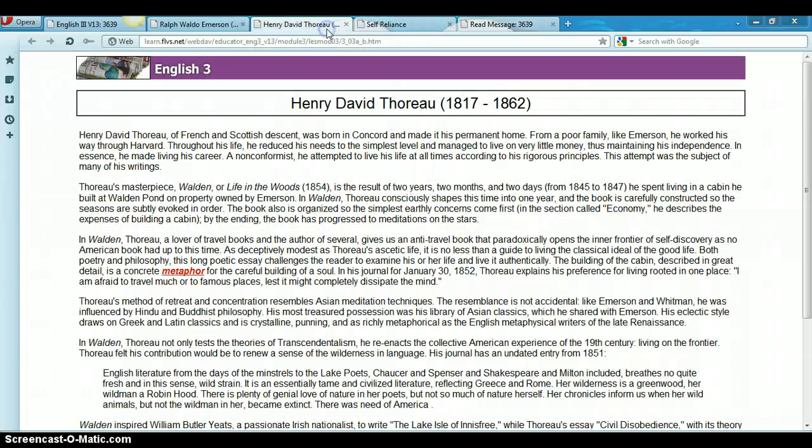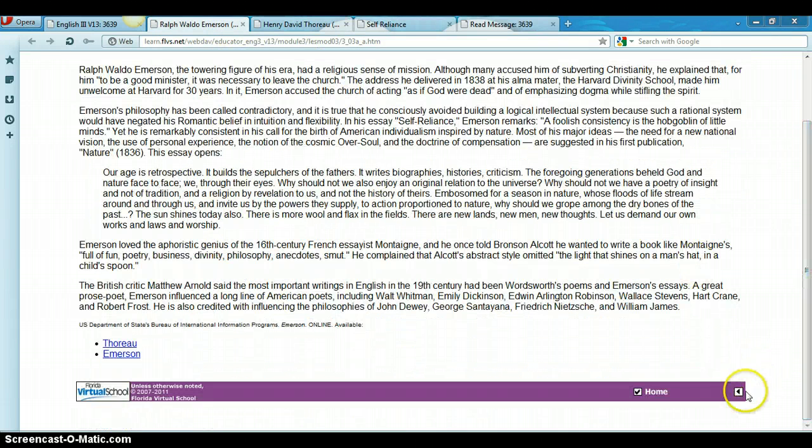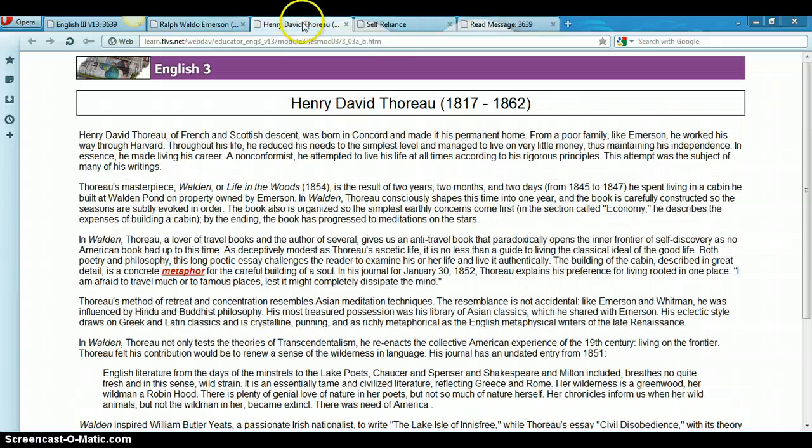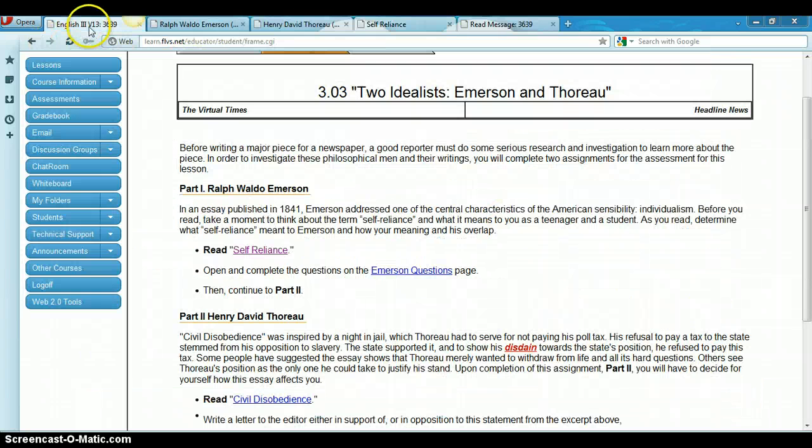If you look at the questions that they ask you, let's see if I can get back to where the questions are. Take me back. Oh, I know how I get back. Go to self-reliance, go back. Or not. Okay, if I look at the Emerson questions,